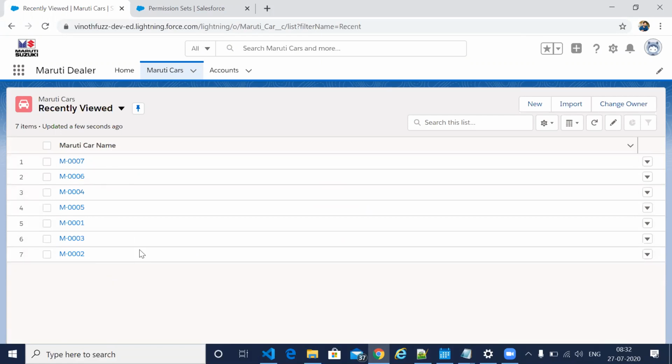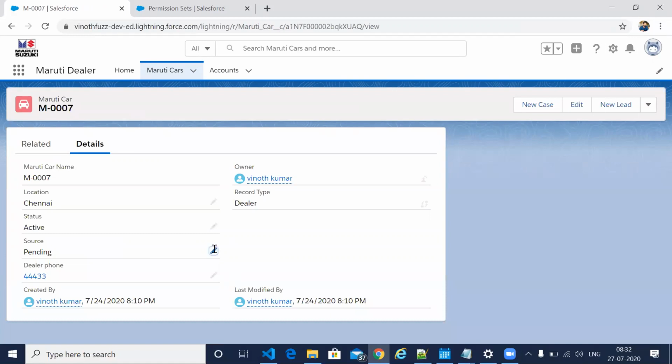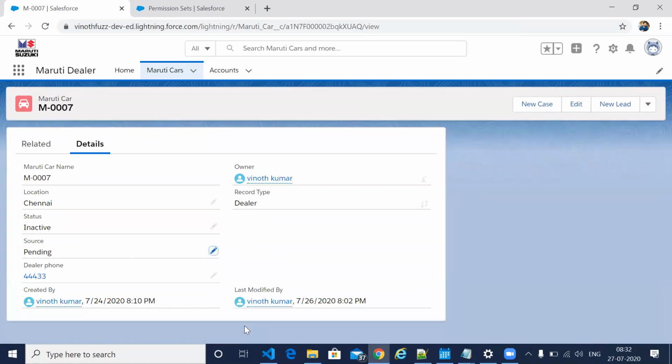This one we are not controlling now. We are just controlling whether we can give this new option to him or not. If you have removed the new create option for this user in his profile, he will not be able to see this new option, and whenever he opens a record, he will not be able to edit it. Here I am able to edit it now, but if you remove the access at the object level, he will not be able to edit it.